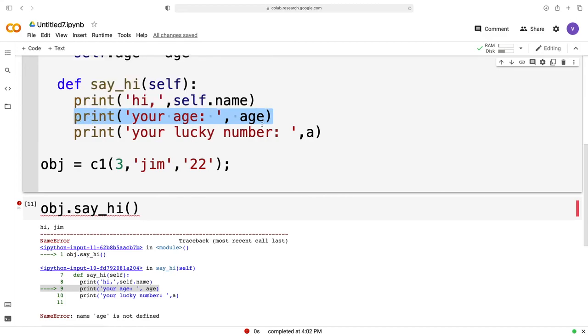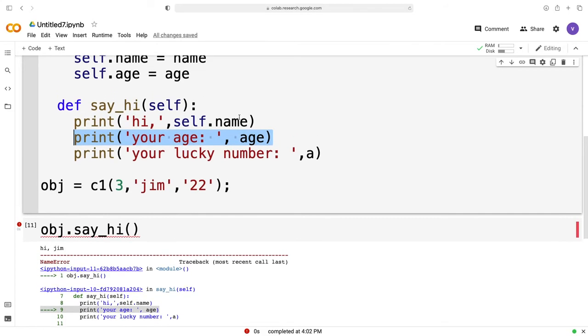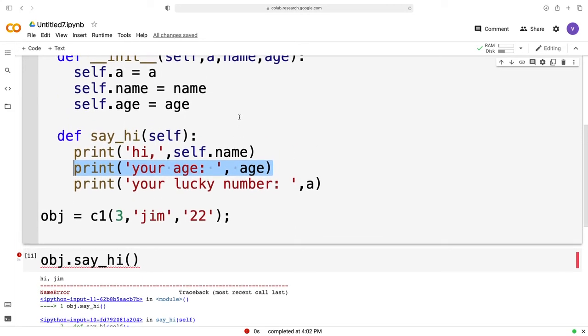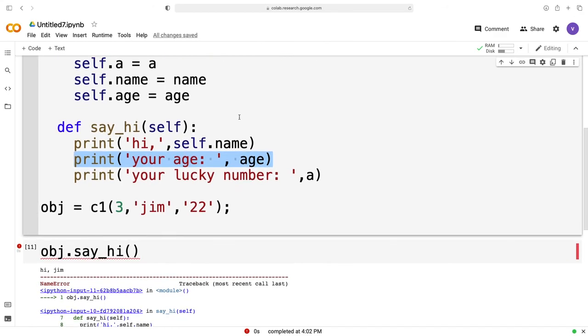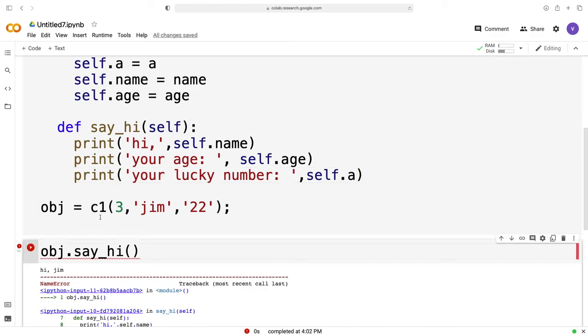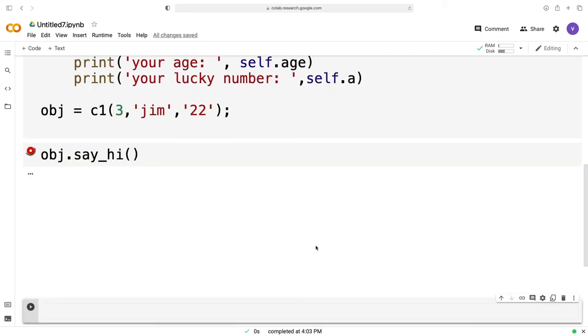It is giving me a name error because it's not able to bind the variable with the object. So we have to use self if we want to access it, self.a, and now let's run this.